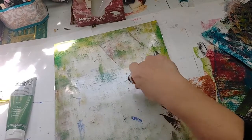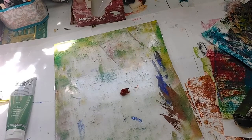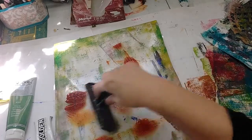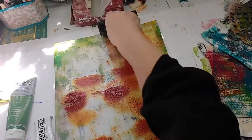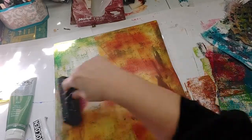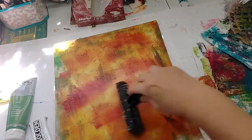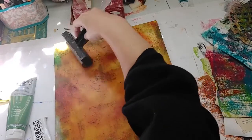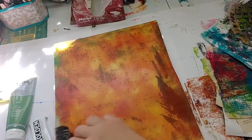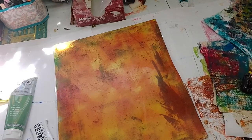And we'll hit quinacridone, and hopefully we can pick up all this nice stuff that was left on here. That's way too much paint. Kind of like that splotchy look that's going on, huh? I mean, if you keep rolling, you can get rid of those splotchy areas, but sometimes I like the interest they give. All right, now